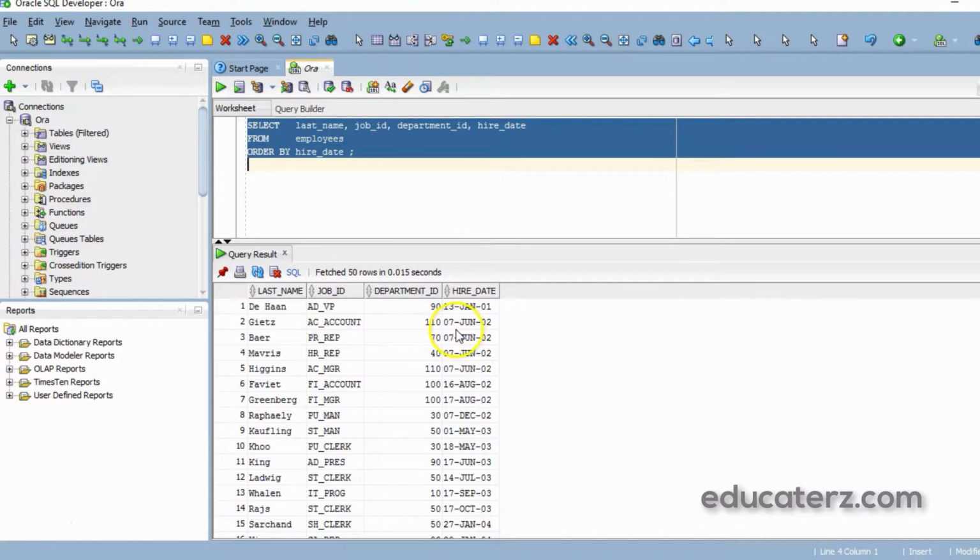He was hired on 7th June 2002. Like this, on 7th June 2002, four employees were hired, all on the same day. So this result set is sorted in ascending order according to hire date.